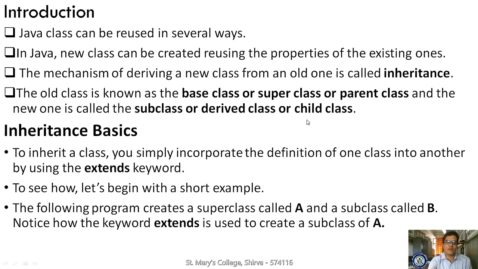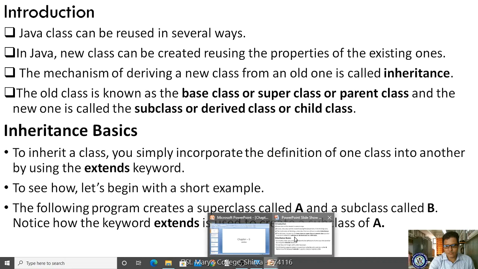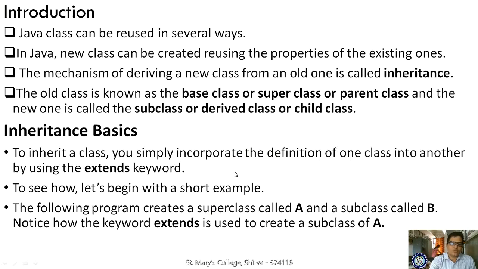Then how to identify inheritance in Java? If you are implementing a Java program, and you are accessing one class's properties in another class, then you are supposed to use the keyword called extends. So if you are using extends, then you are implementing the inheritance concept. To understand this concept, let us see a sample example. Here class A is called the superclass and B is called the subclass, child class. Then you can identify how we are inheriting class A in class B.